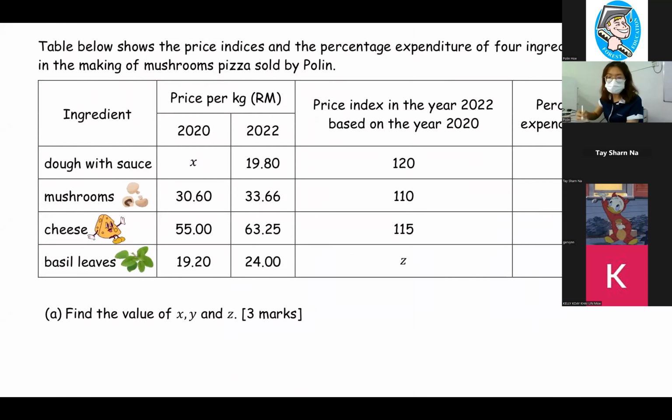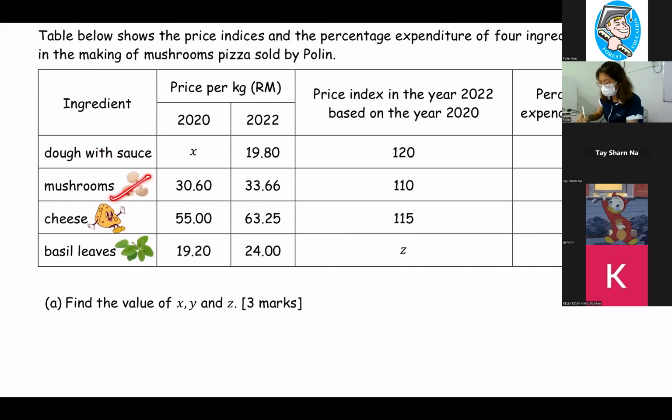Okay, so the ingredients I have: dough, mushroom, cheese, and also basil leaves. Let's say, because I need to make it, I need to simplify the question. If not, later you go Holland. 对不对? So all these